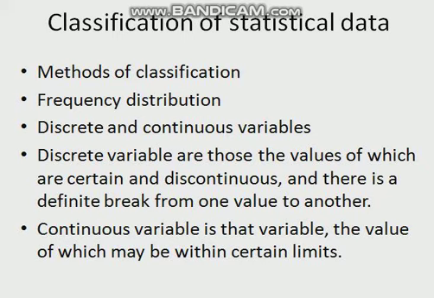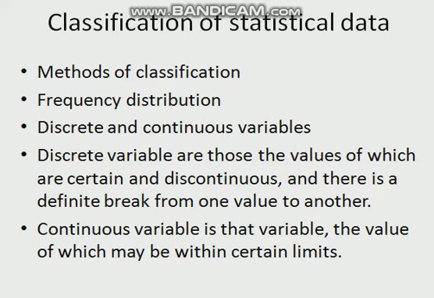Then finally, the number of tallies are counted and frequencies for each size or value are written against the related class group. Such an arrangement of frequencies for different values or groups is called frequency distribution. Frequency distribution is an arrangement of values and their frequencies. The basic factors of frequency distribution are variable and frequency.